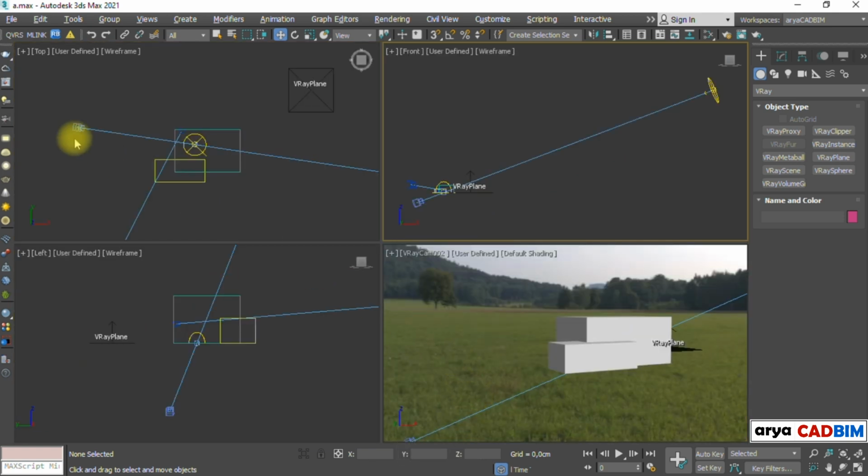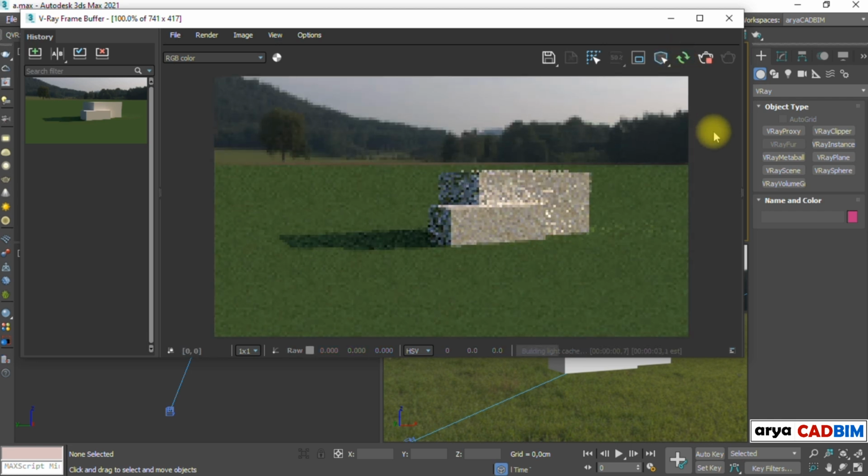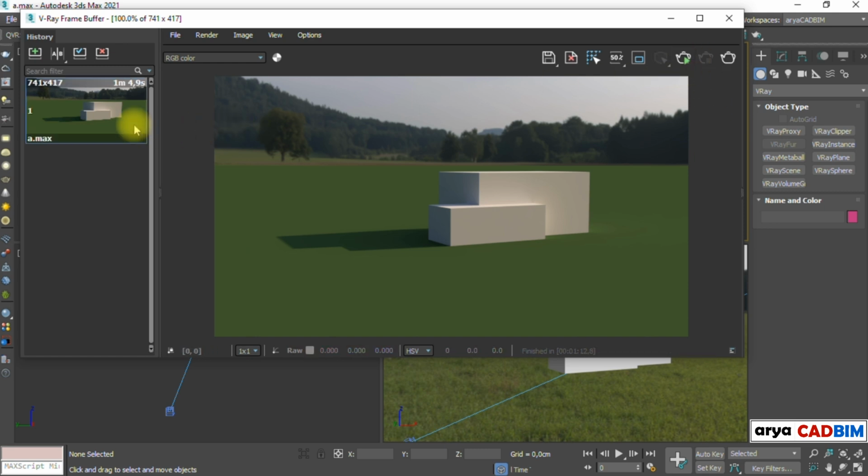Let's render again. Done. Save image and compare with the previous one.